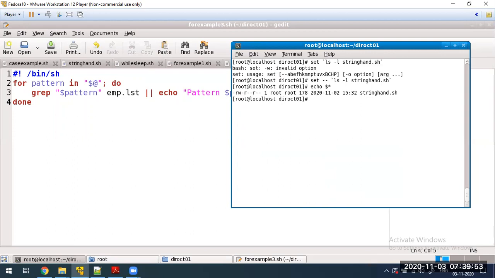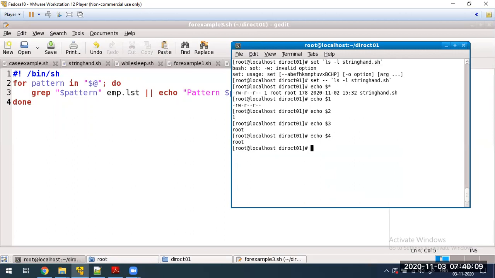Then you can see one by one: echo $1, first the permissions, $2 the number of links, $3 the root, $4 also root, $5 the file size, $6 the last modification date, then the time, and the last will be the file name.